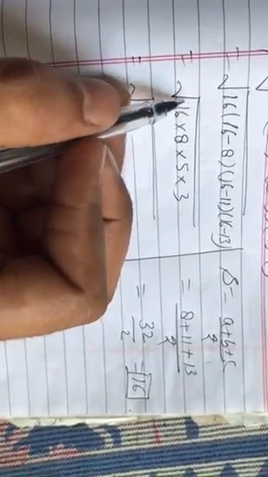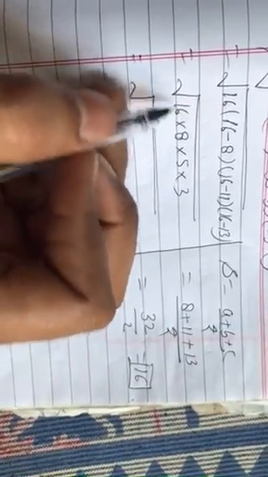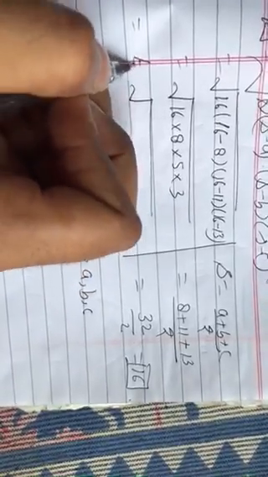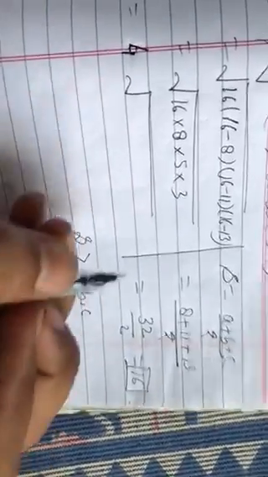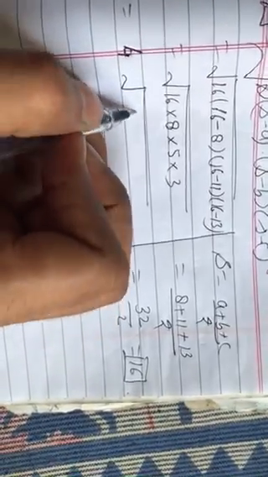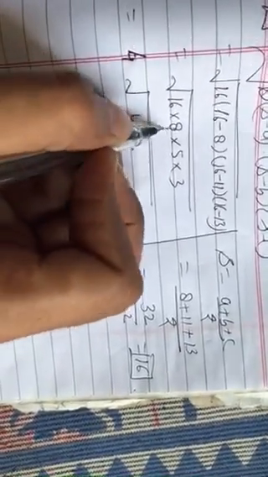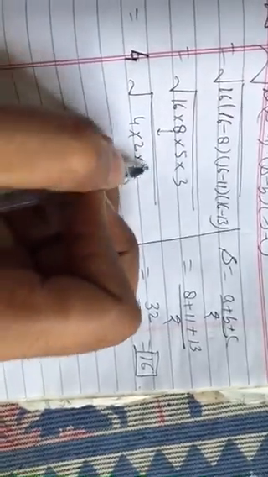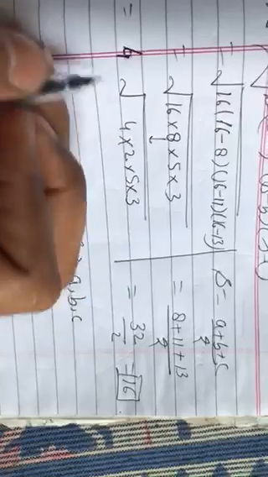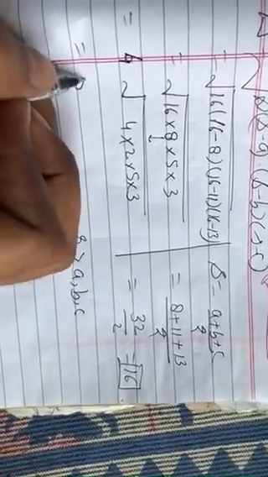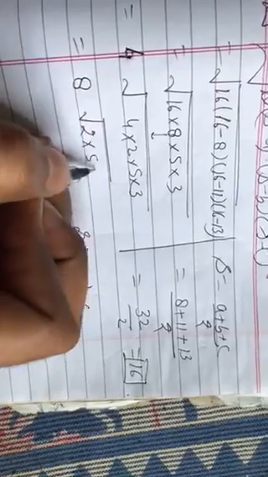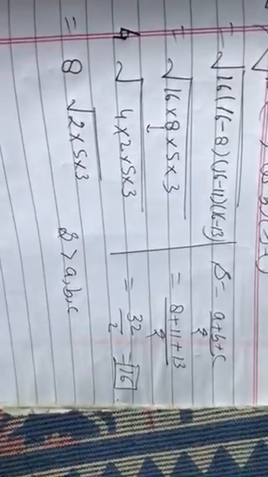What is the square root of 16? It is 4. So you can take 4 outside of the square root, and it is 8, 5 and 3. So you can take 4 into 2, it is 8, 5 and 3. The square root of 4 is what? It is 2. So 2 4 ja 8, and now you are having 2, 5 and 3, right, under